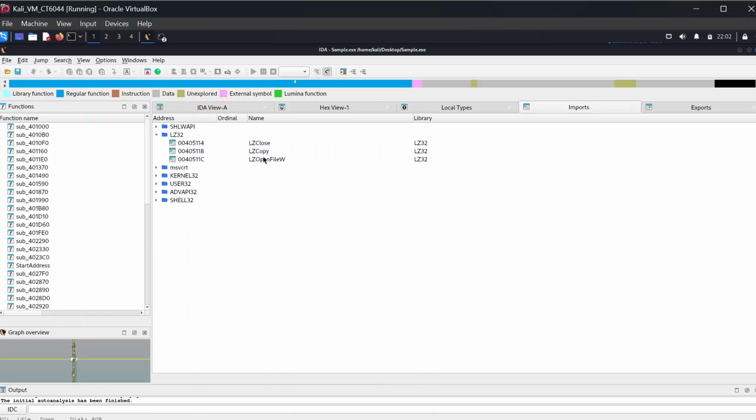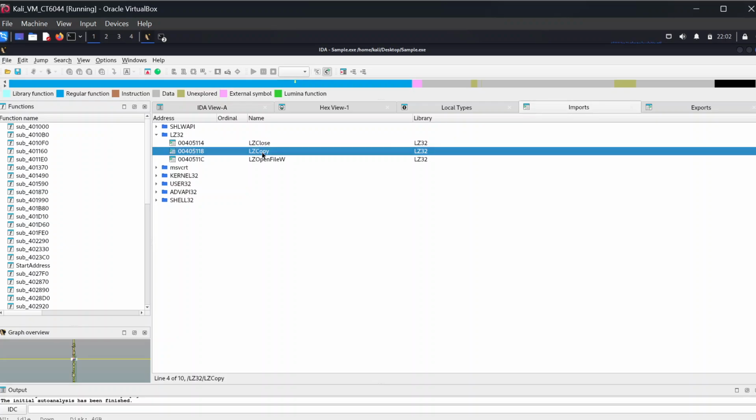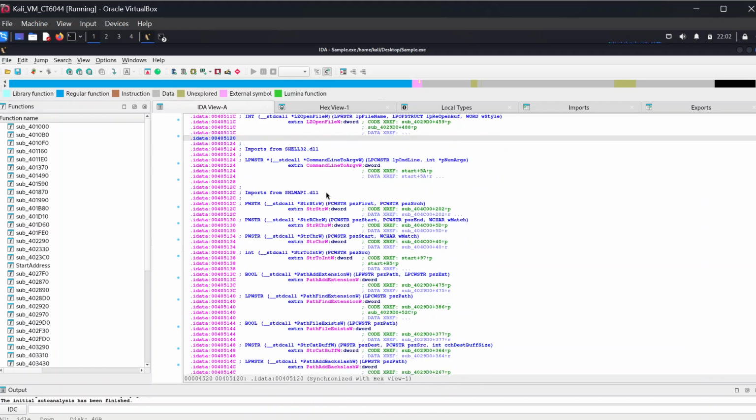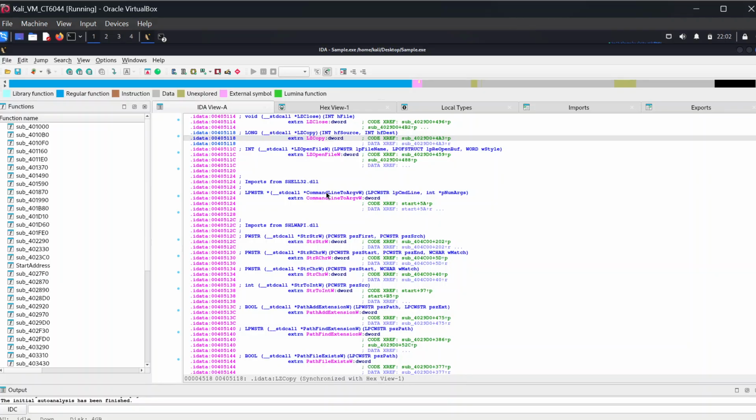So what you want to do is, probably any one of these is okay, double click it and you've got your entire block here of what this does. Now, if you scroll up or down, you'll start to see the entire sequential process your malware takes. Can be very, very useful. Do I expect some of you will screenshot this to show some processes being made and what control flows go with what? Absolutely. However, if you want to explore this on an easier level, we can see LZClose, LZCopy,